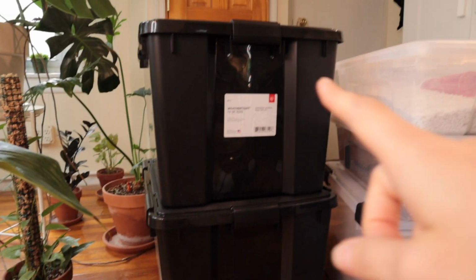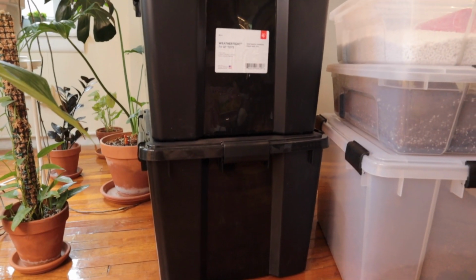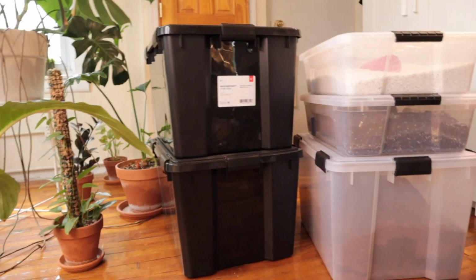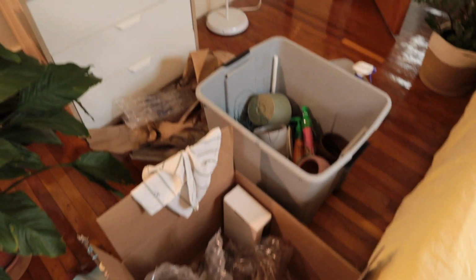I got the top bin to store all of my major houseplant supplies, and then the other box is going to store all of the packaging materials that I try to keep on hand. That's next on the to-do. My room is such a mess. These are my bins, and then this is part of the mess that I have to